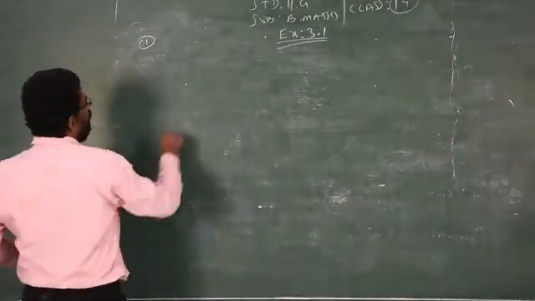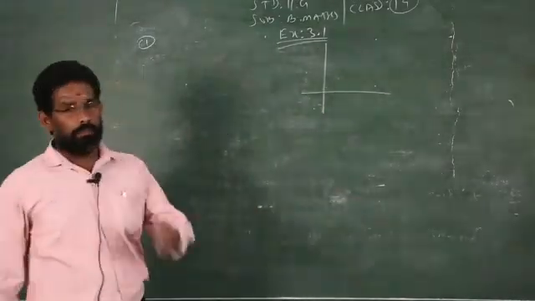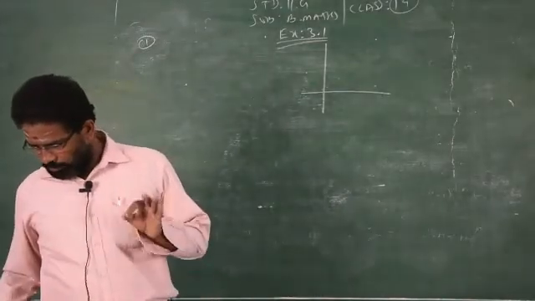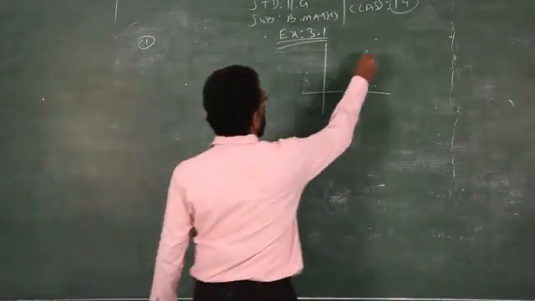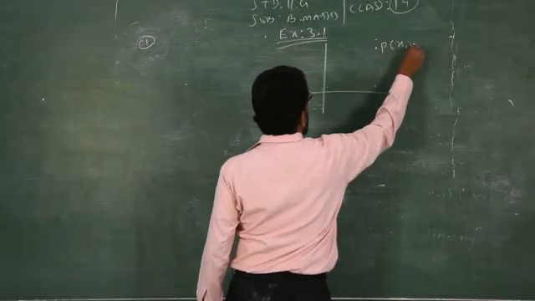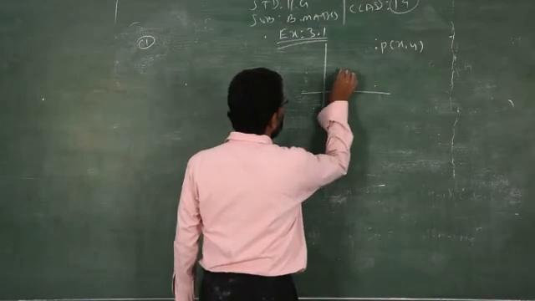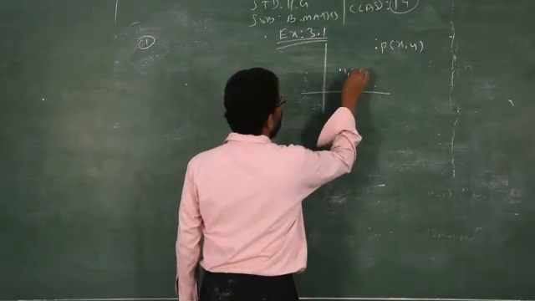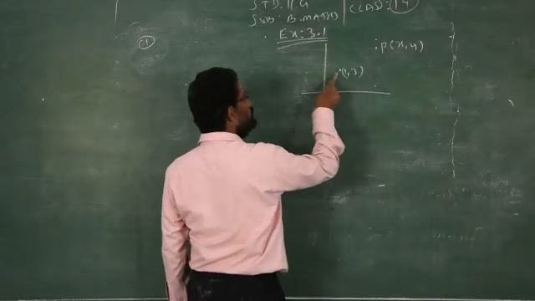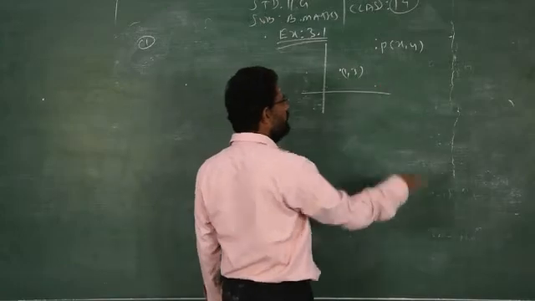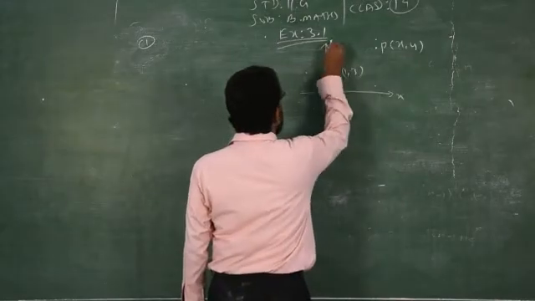X axis. So you must draw a diagram. If you go for the diagram, that will be very easy. Find the locus of the point equidistant. I don't know what the point is, so I just take a point equidistant from (1, 3). Roughly this is 1, this is 3, so this is (1, 3). Find the locus of the point which is equidistant from the point (1, 3) as well as from the x axis. This is the x axis, and this is the y axis.